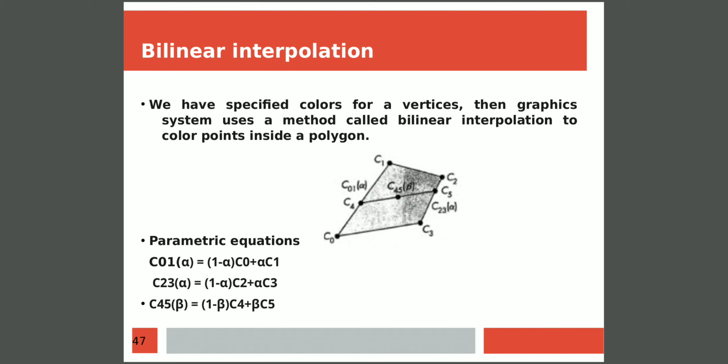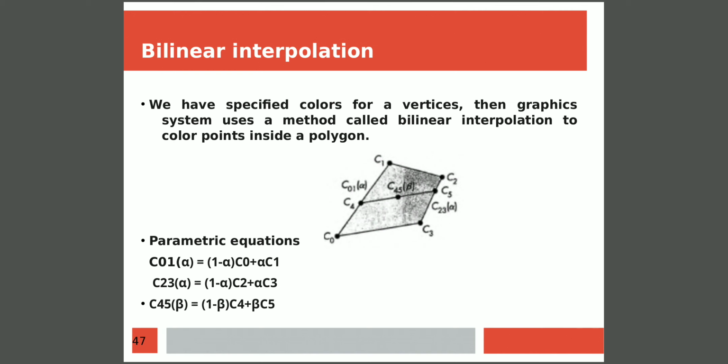By varying the alpha value, we will get a new point on these line segments. By joining those new line segments, again we need to represent those new line segments in a parametric representation. Using those parametric representations, we need to fill inside the polygon with the colors of the vertices. This is known as bilinear interpolation. The detailed algorithm of bilinear interpolation is not covered here, but just remember that to fill the color for the interior of a cube, we will go for bilinear interpolation.